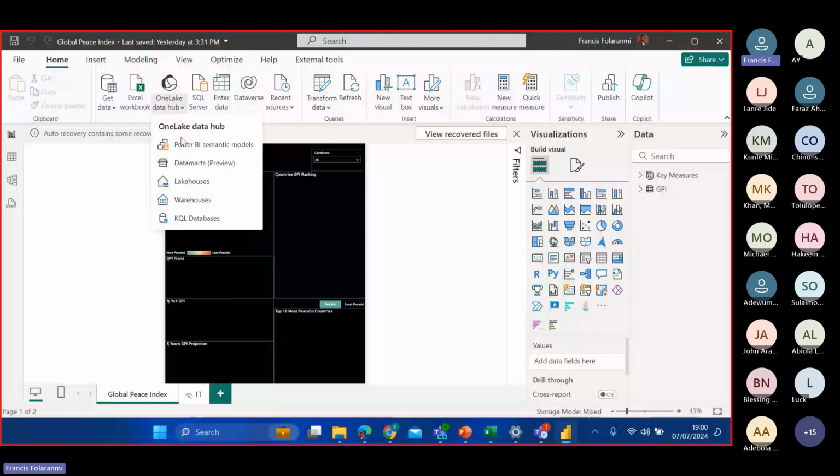Let me see which one is okay. I don't know, let me just load this entire page now.